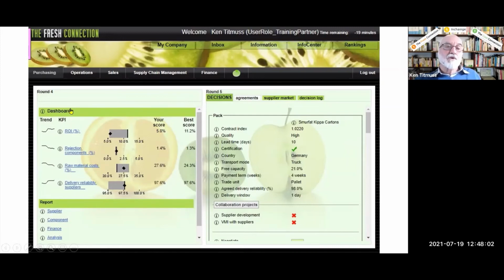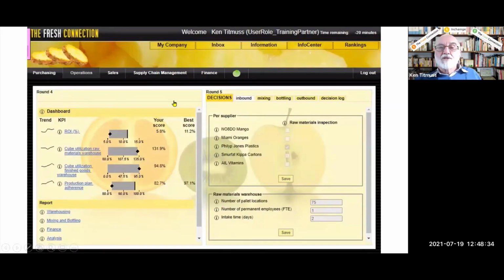And on the dashboard here, you'll get the return on investment, and you'll get the 3 metrics that report that are there for procurement. And you can see how you compare with the other people in your pool. So the little diamond is where you are, and the average of the rest of the pool is the solid line here. So you also get a little trend graph on the side to see whether you're getting better or worse.